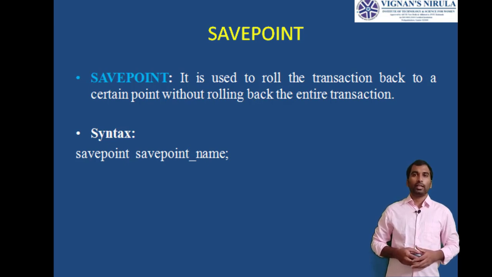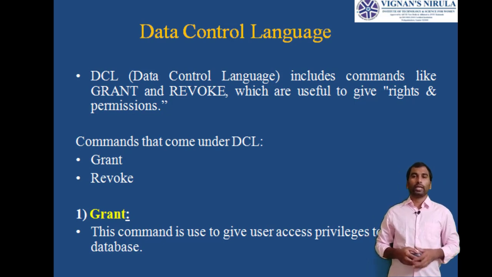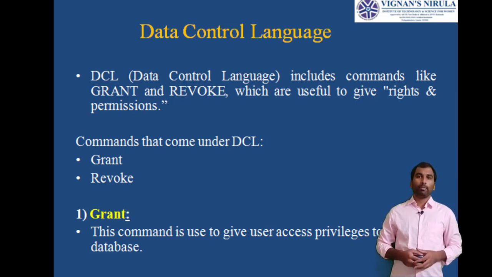Next one is data control language. The data control language has the commands to grant and take back authority from any database user. So we have two types of data control language commands: the first one is grant and the second is revoke. The data control language is used to control privileges in a database. To perform any operation in the database, such as creating tables, sequences, or views, a user needs privileges. So privileges are of two types. The first one is system, the second one is object.